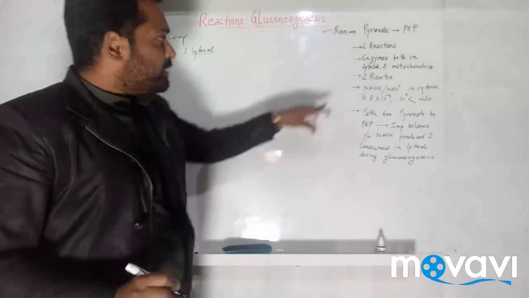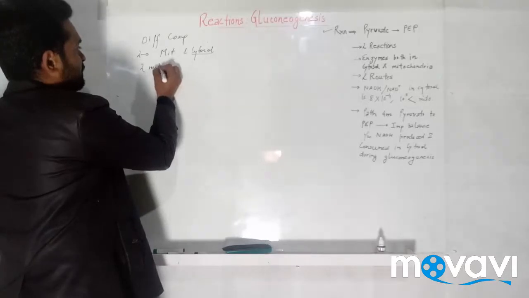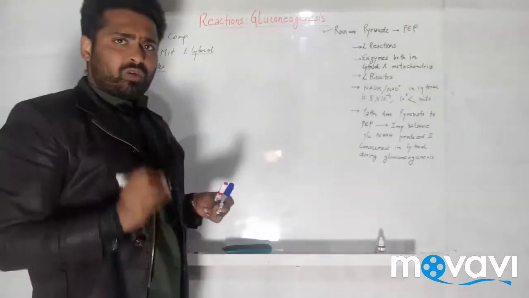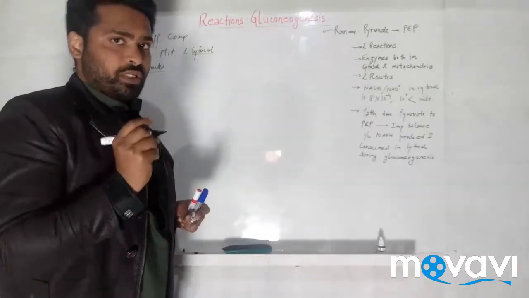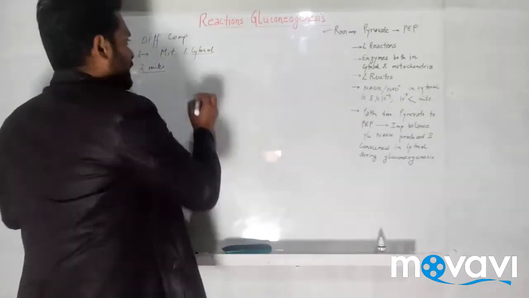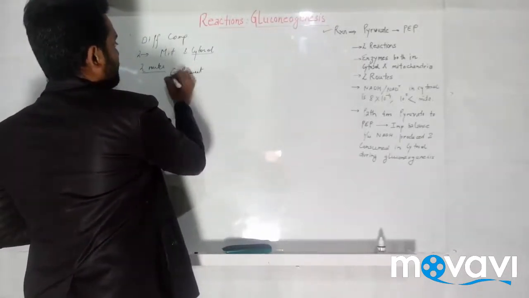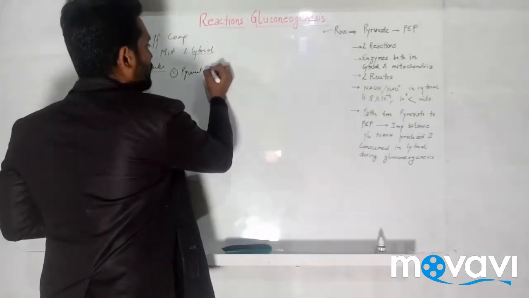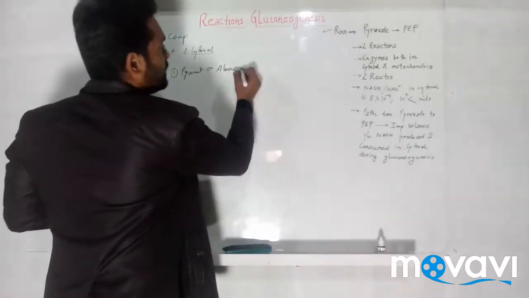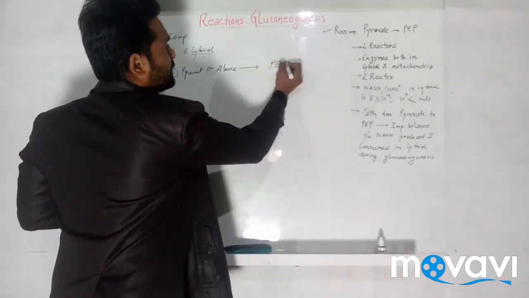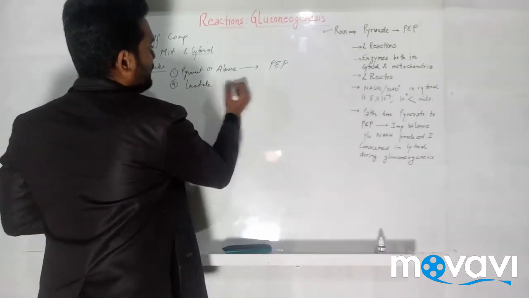And then, what more? There are 2 routes. What does that mean? It means we can make this phosphoenolpyruvate through 2 precursors. The first route is pyruvate or alanine. You can use both, and this would be converted into PEP. And the second is lactate. Lactate, remember,